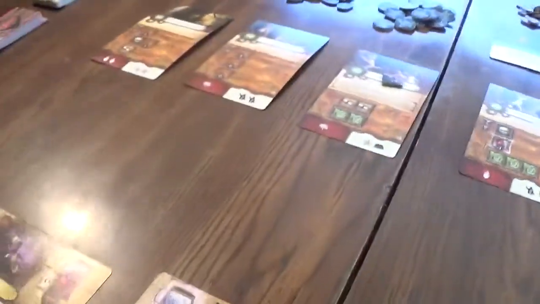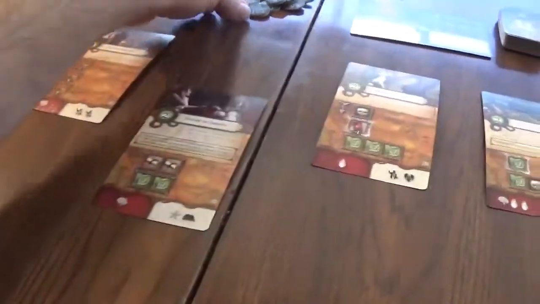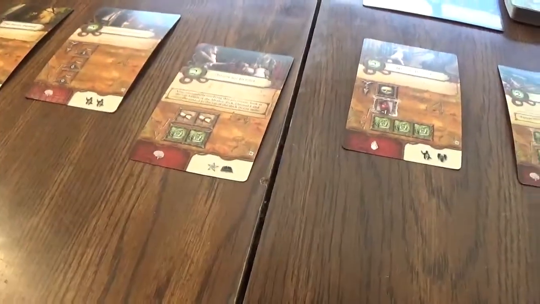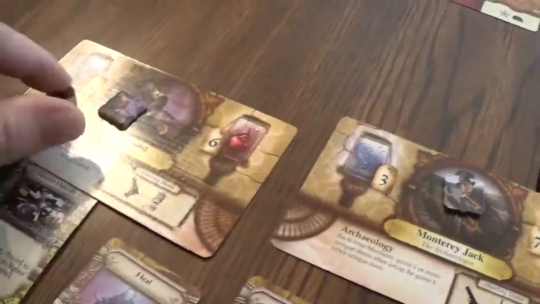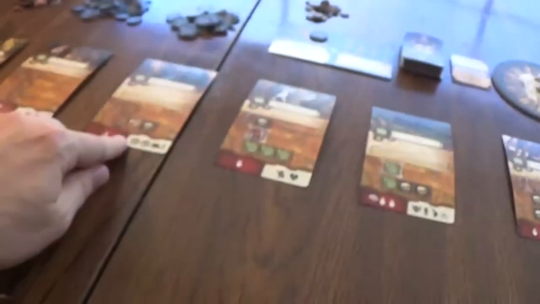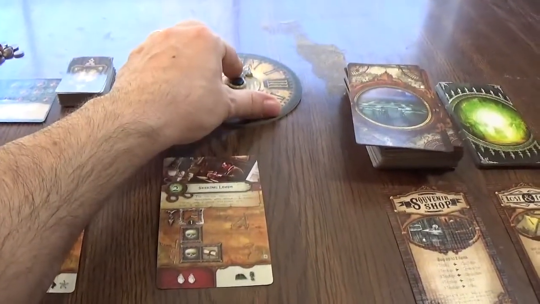So we completed that. Joe Diamond's gonna go back here. He gets an Elder Sign, which we can put on Azathoth. That's 1. And he gets a spell. Discard to fully restore any investigator stamina. Okay. He has 4 sanity and 6 stamina. This card goes to Joe. He gets it as a trophy. He can trade it in to one of these places to get a reward. And a new card is going to come out. And then it'll be the next player's turn,